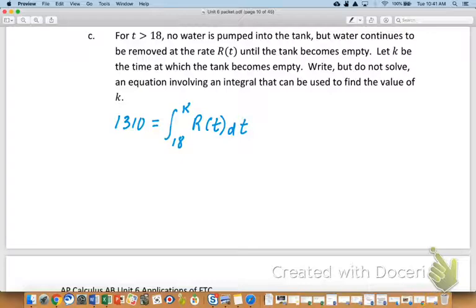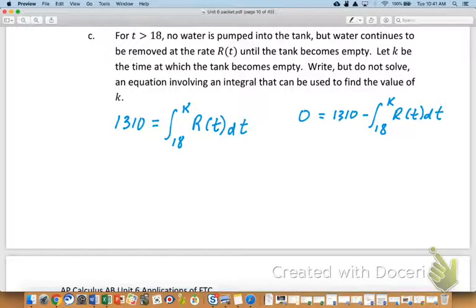So what do you think about Carson's work here? Good, bad, close, not even close? What are your thoughts? That's what I did. I'd say negative 13 times, so exactly the same as Carson, except negative 1310. Well, it's 0 equals 1310 minus the integral, but I just moved the 1310 over. So Carson said it's 0 equals 1310 minus the integral. Would you agree that that's just a rearrangement of what he originally said?